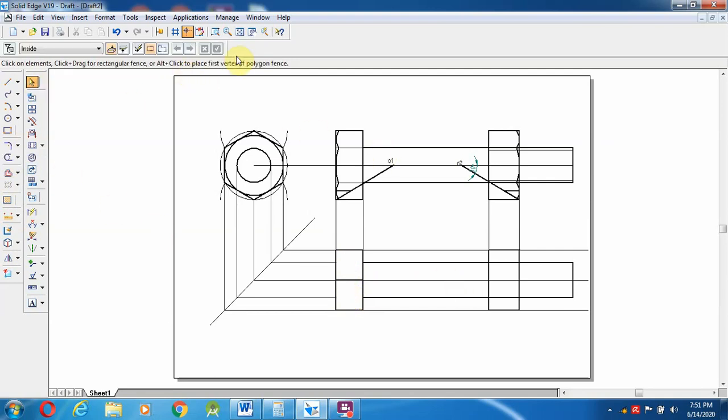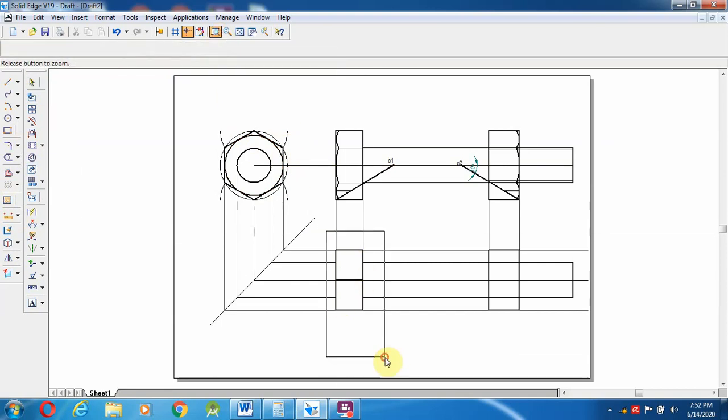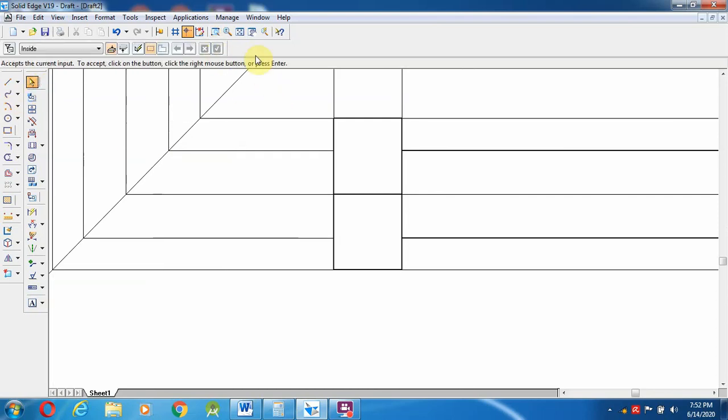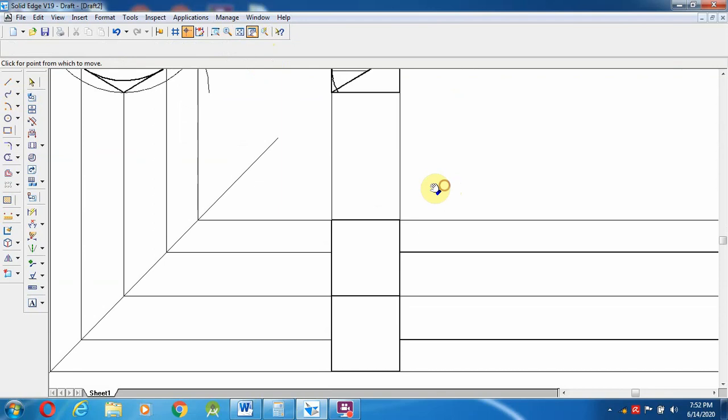so as of now I am going to trim it. After trimming this, here also we can see the chamfer or fillet edges. So now I will show how to make the chamfer and fillet edges. Go to here, zoom in on the particular area, and now I am going to make the line from the fillet end, from here to this one.